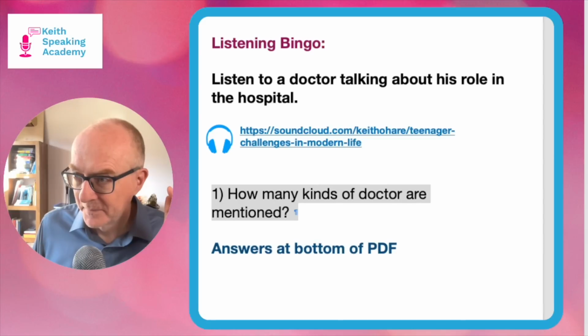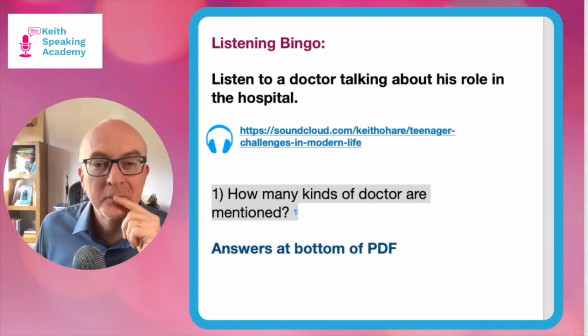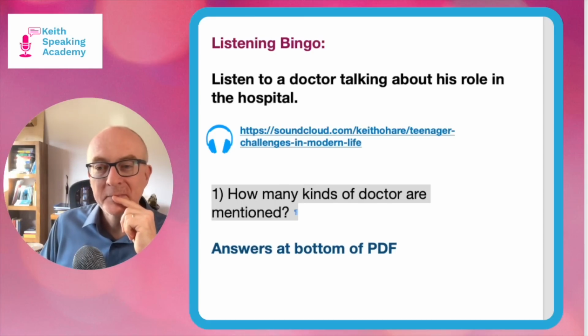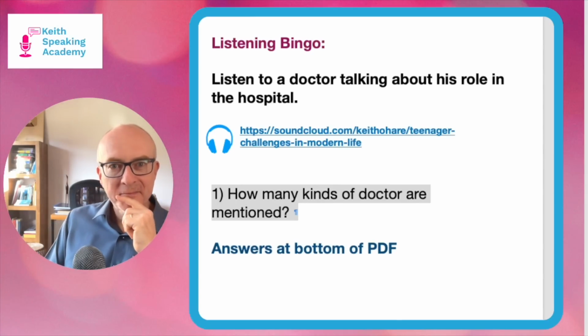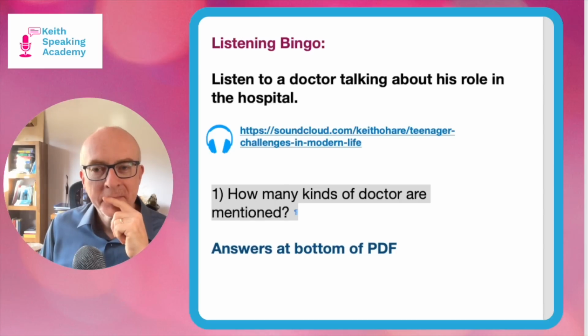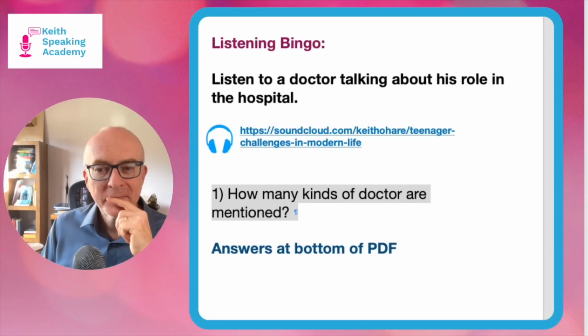What's the role of a doctor in the hospital? That's not an easy question because there are many types of doctors. One of the most common is what we call in the UK a GP, a general practitioner. And actually, this doctor doesn't work in the hospital. He or she works in the community, offering primary healthcare. They will see patients for checkups or special problems. They have to recognise the symptoms, make a diagnosis, and in many cases, prescribe medicine. Sometimes they might refer a patient to a specialist if they need more specific treatment.